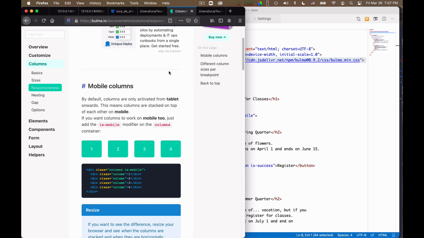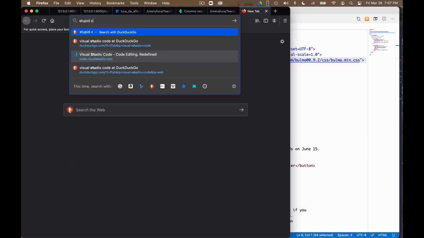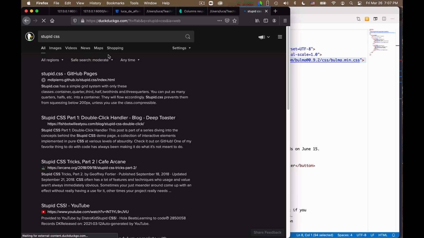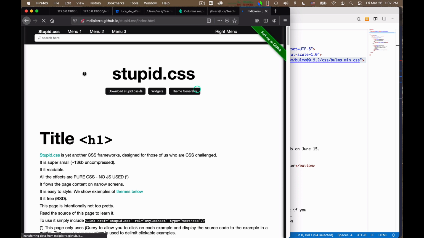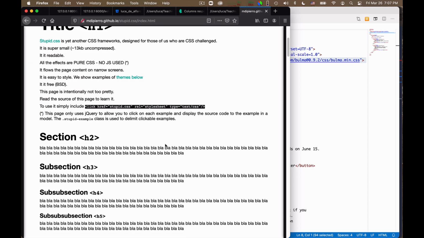However, if I were using a very different CSS framework, for example, one that I actually like a lot is called Stupid CSS. Okay, done by Massimo Di Piero, the same author as of Py4Web. Stupid.css is one of my favorites because it's so incredibly simple.